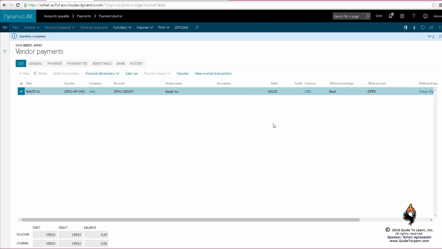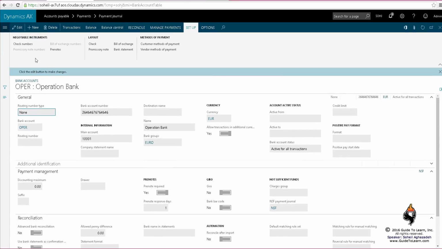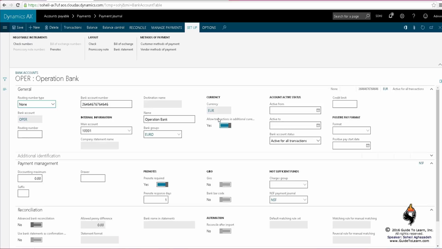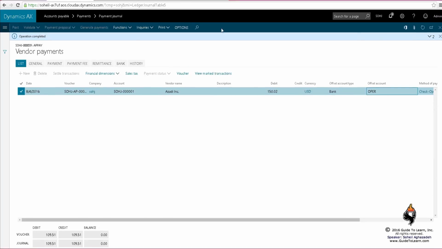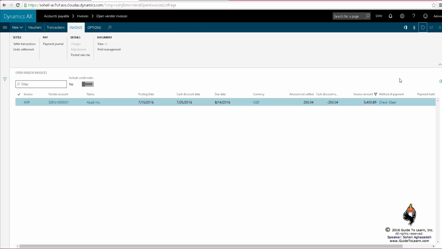Let's see if this is going through, which it does. And the reason is, as a reminder, if I go to the view details of the bank, you do have this selection. That means you can post, but you cannot cut the check. You can only cut the check using euro, but you can post without cutting the check. That means you can pay electronically using any other currency, but you just can't cut the check using any other currency but the currency of the bank. These are the demonstrations I wanted to show you so far. And if I go back to the Open Vendor Invoices and refresh it, you have settled everything.